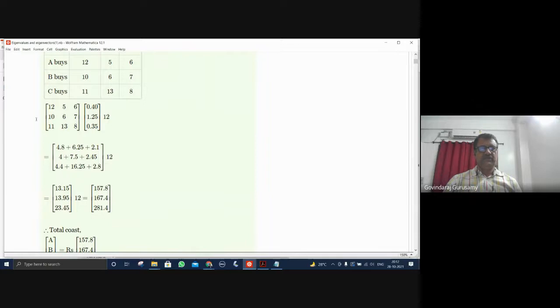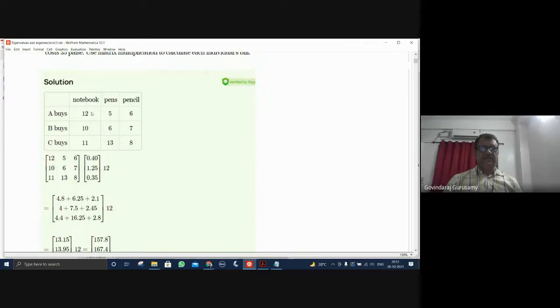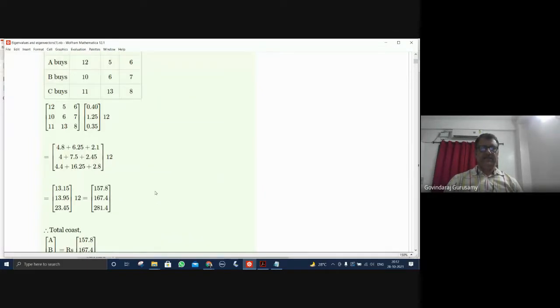The grocery shop fellow is simply using this computer and just clicks the item you are purchasing, and the price will be picked automatically. It calculates and adds up and gives the numbers, and then finally it adds all of them, and you are able to get the bill within no time. Okay, that is where matrices are being used.